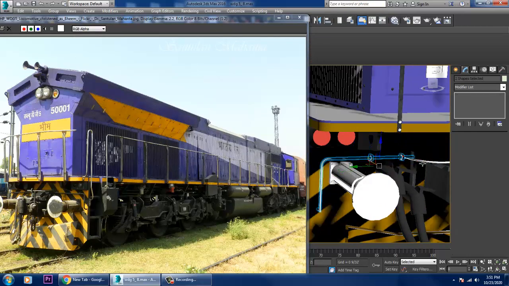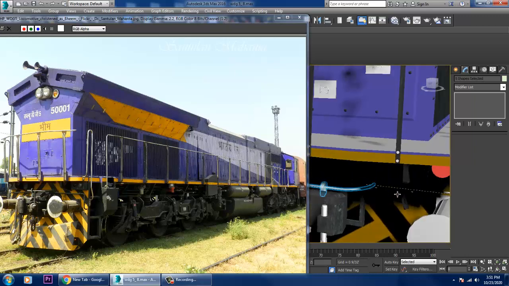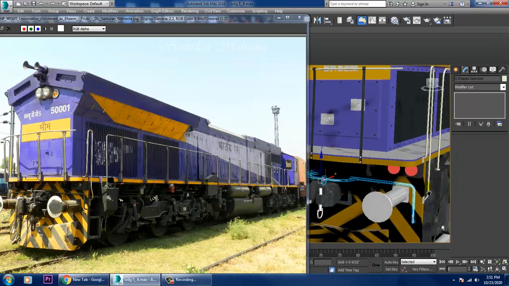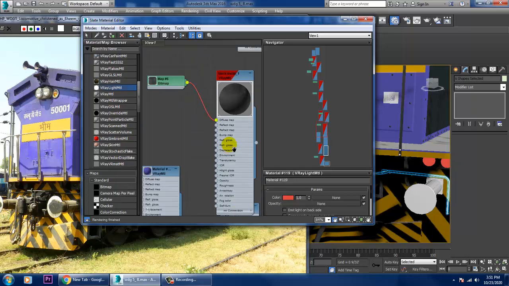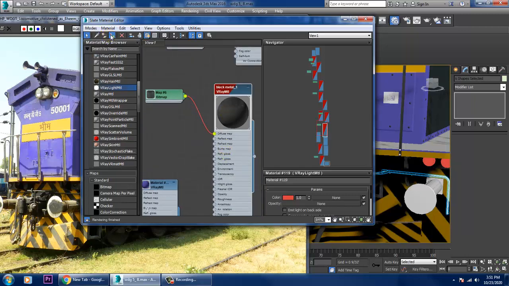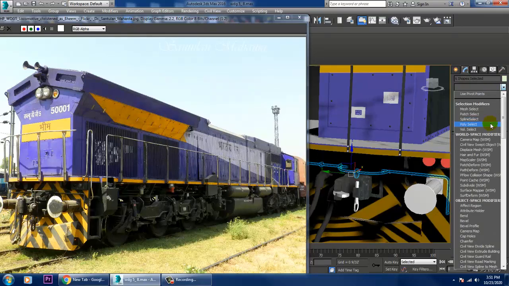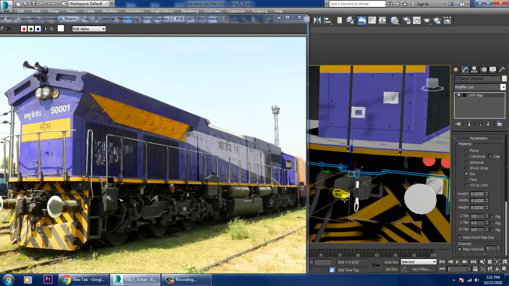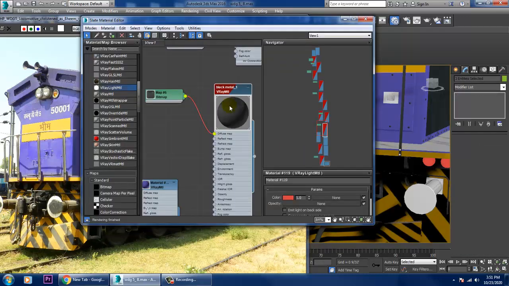Select this. Let's again go into this and give a UVW map, select this, assign the same material.